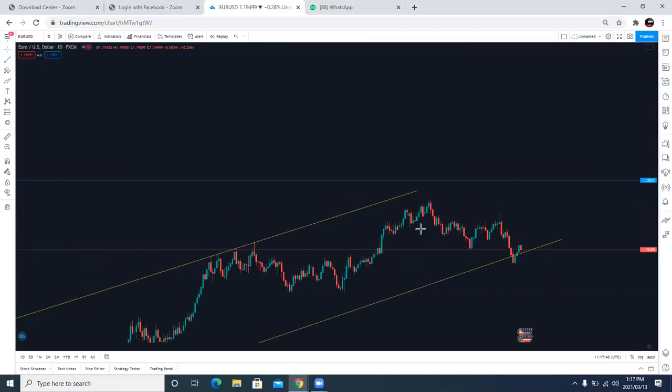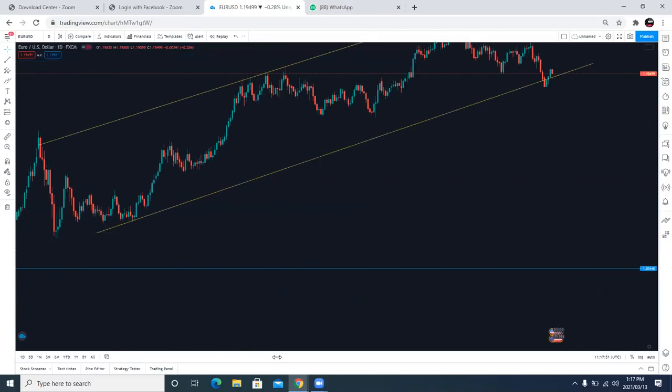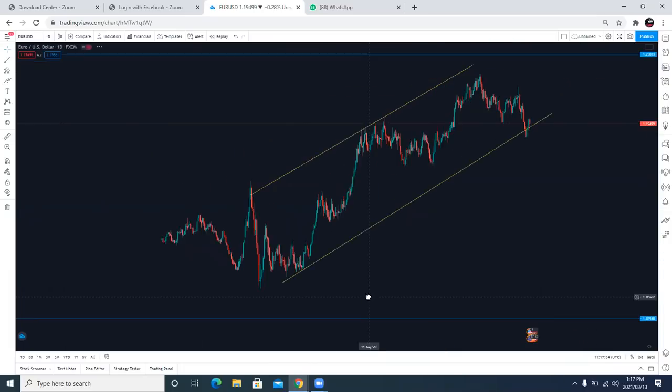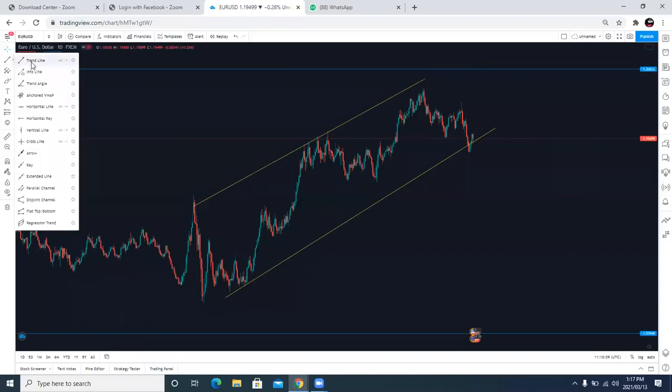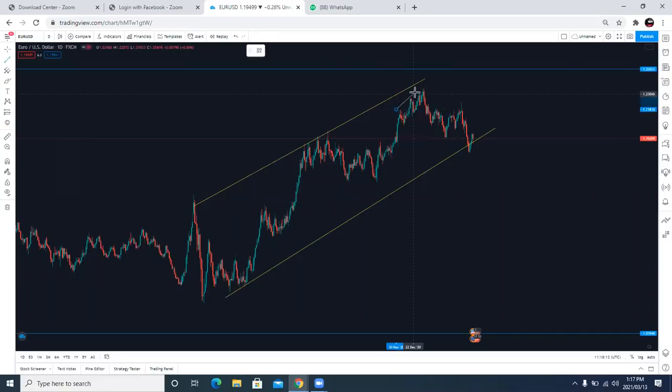So on the daily time frame, guys, we're just gonna check the structure again. Remember, our main focus is structure, not support and resistance. So you can see now it's 1, 2, 3. So we reach the third touch. And when we reach the third touch, what did we have? We had a pattern within a pattern in that structure on the daily time frame. This here, guys, is a structure. 1, 2, 3. It is a nice structure. So another one here, it's 1, 2, 3. So we broke this level, guys. So when we break this level,